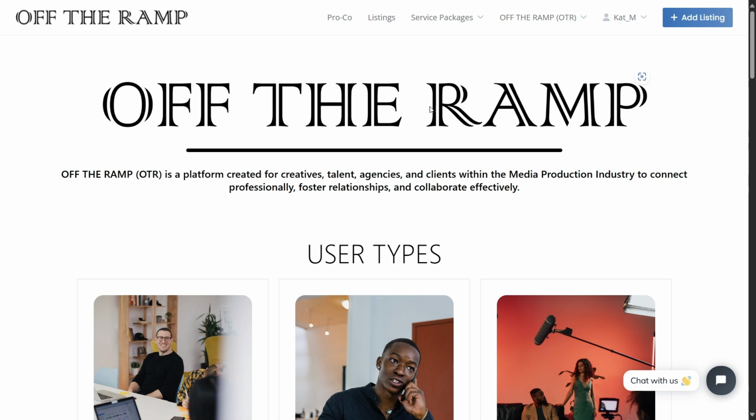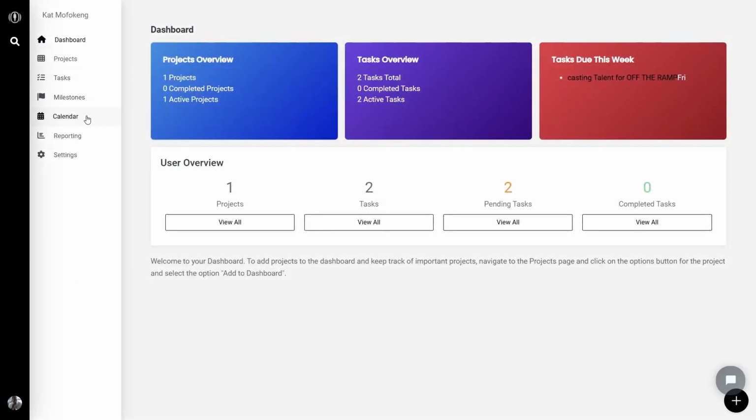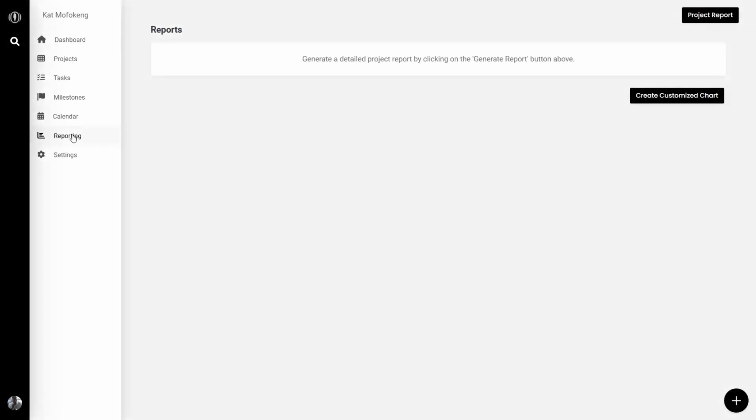So we'll start off by navigating to Proko using the main menu, and we will press on Proko. And then we will go to the reporting page. And you'll see here that we currently don't have any reports generated, and we can do that by clicking the button over here, project report,